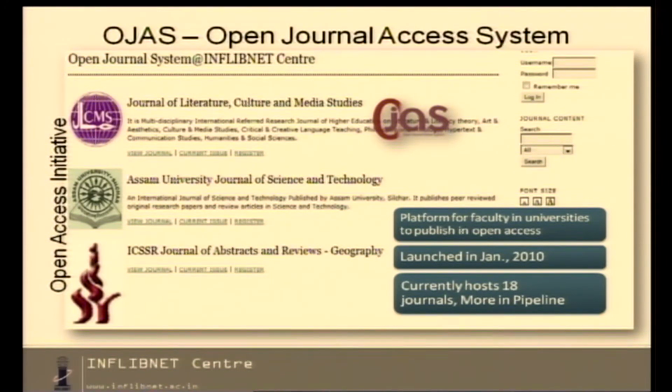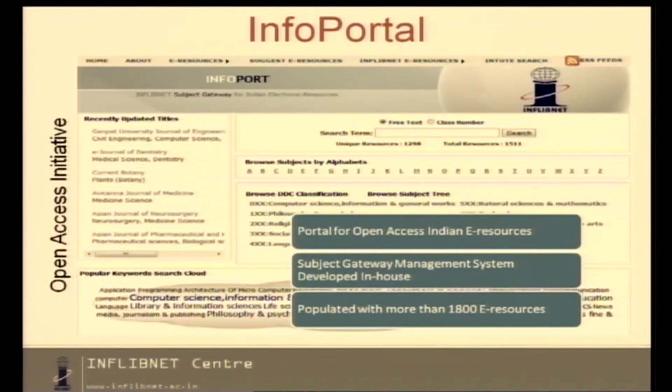Right now we have about 18 journals. We get a lot of requests for new journals, which we review. We only accept journals that are peer reviewed, that are standard, and that come at a regular frequency. So, right now 18 journals are available, but the repository is growing. We are of course very careful about selecting journals. We do not want to select substandard journals. So, this is our condition, otherwise it is a completely free of cost service.